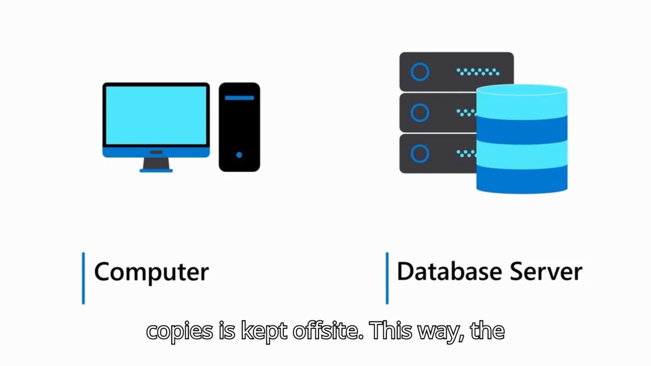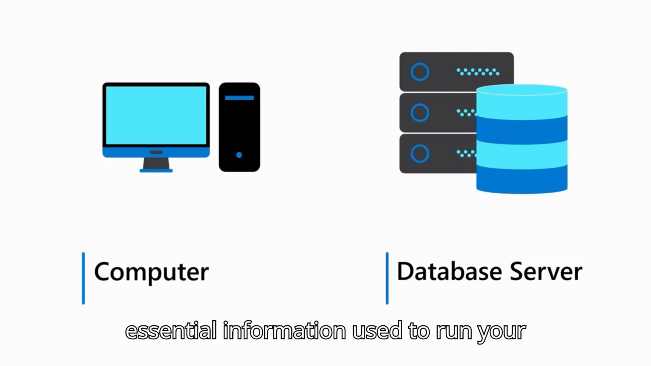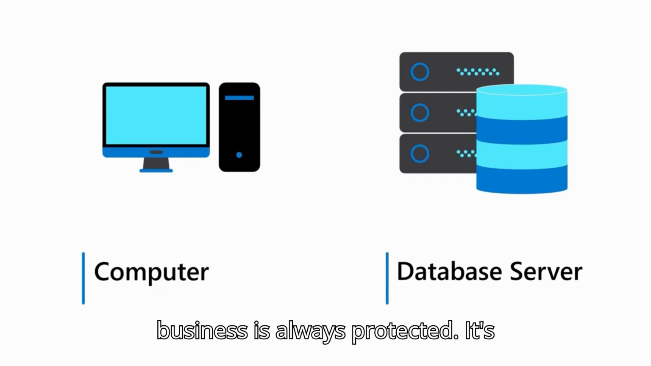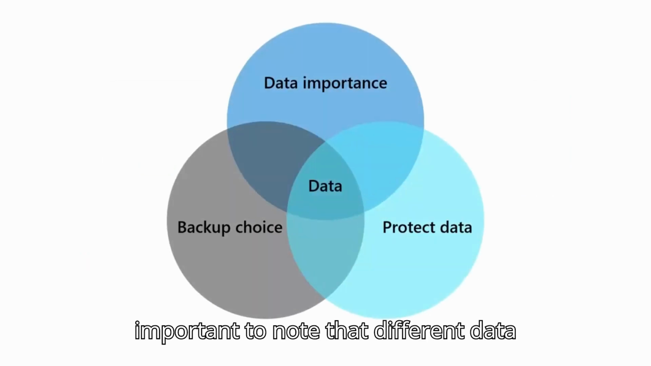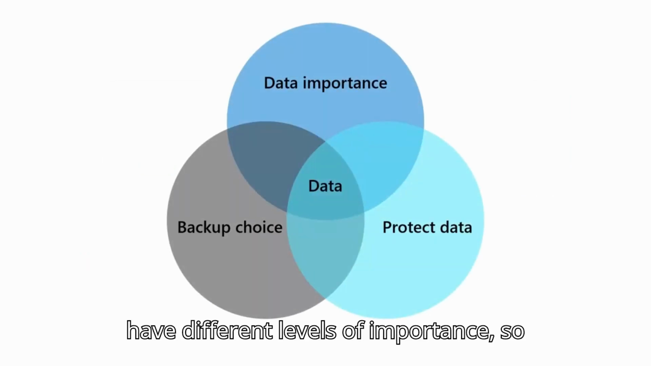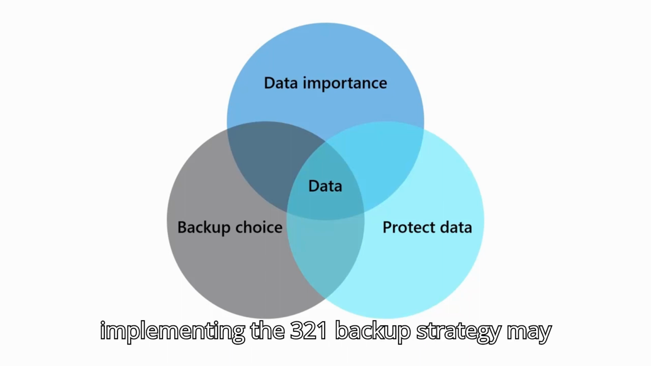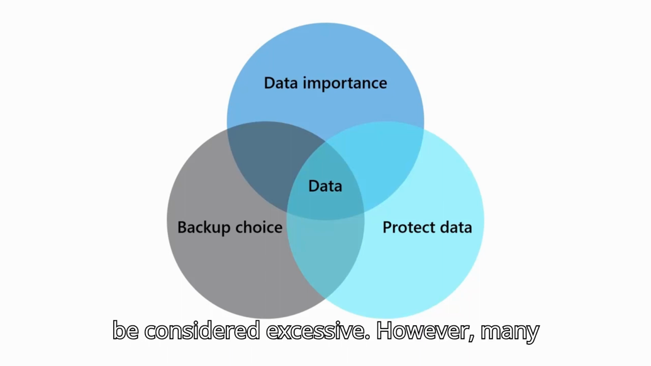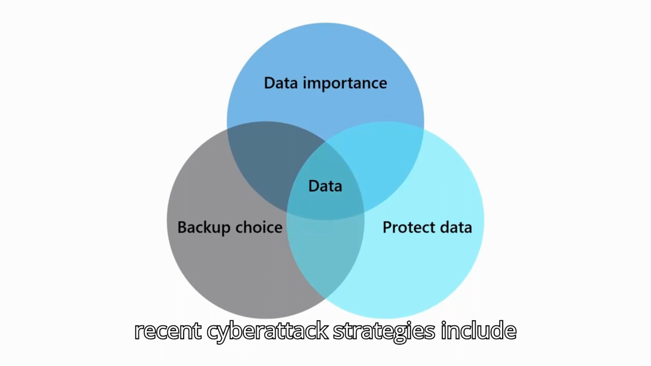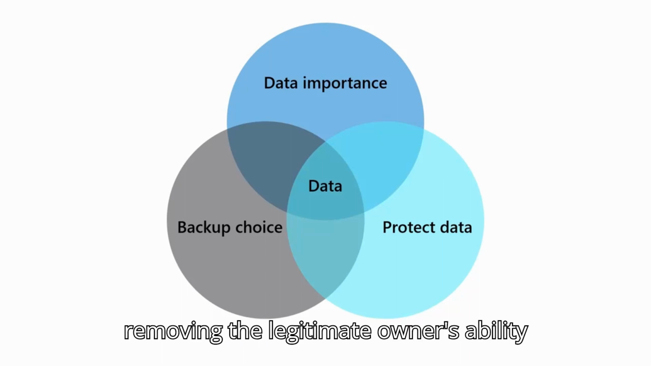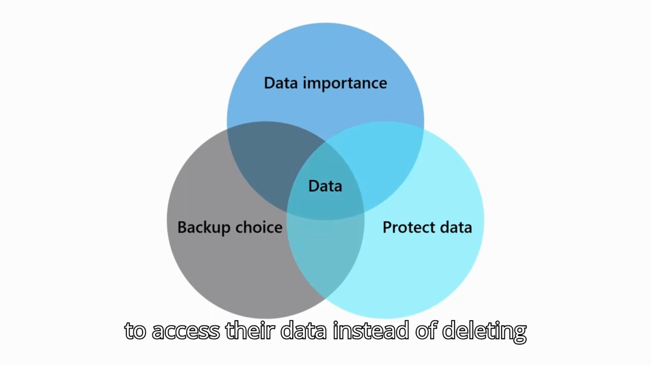Ideally, one of these copies is kept off-site. This way, the essential information used to run your business is always protected. It's important to note that different data have different levels of importance, so implementing the 3-2-1 backup strategy may be considered excessive. However, many recent cyber attack strategies include removing the legitimate owner's ability to access their data instead of